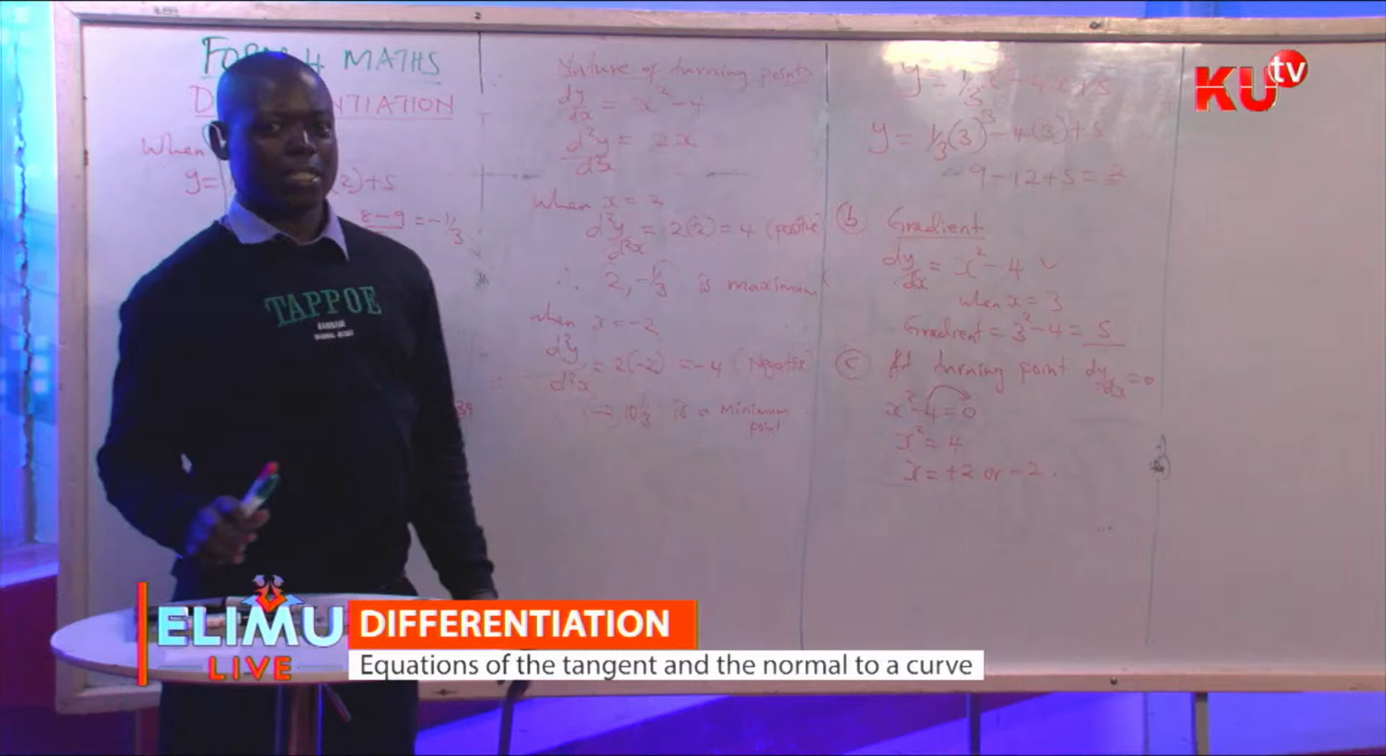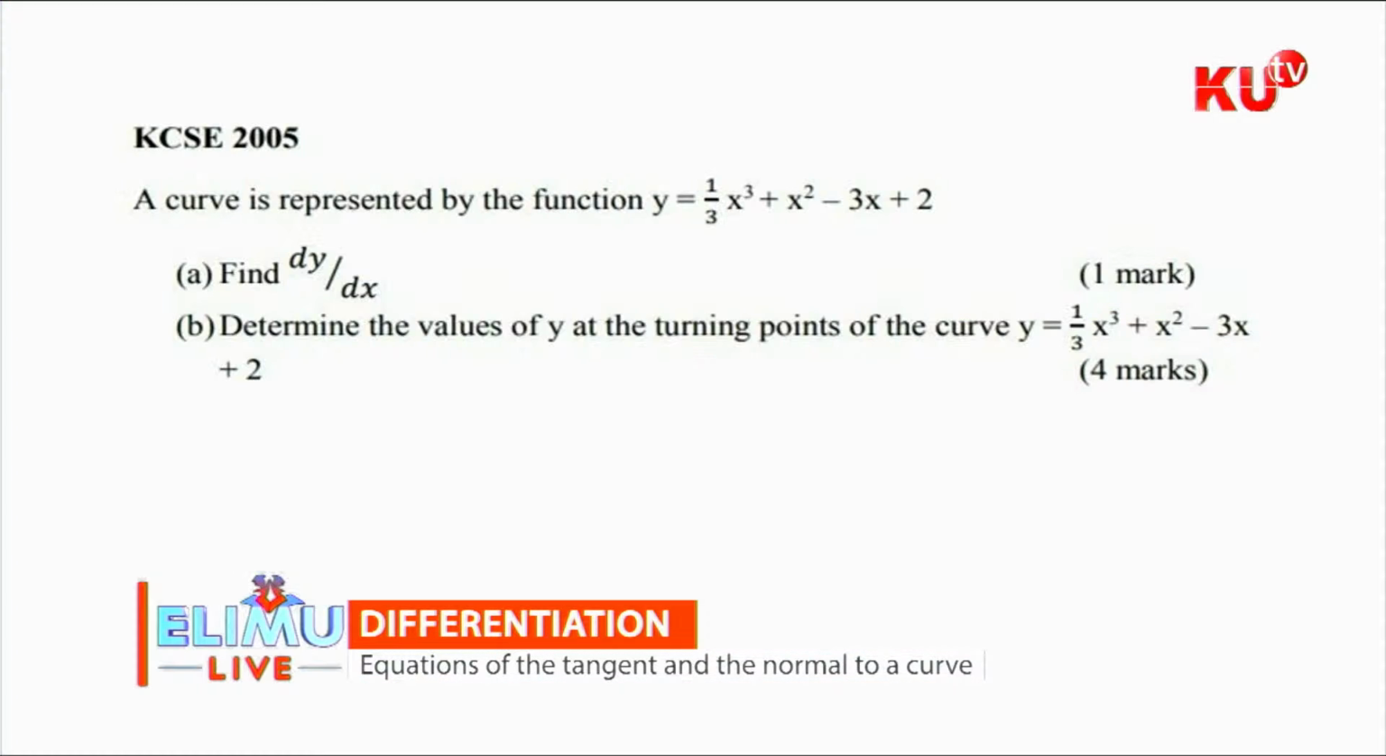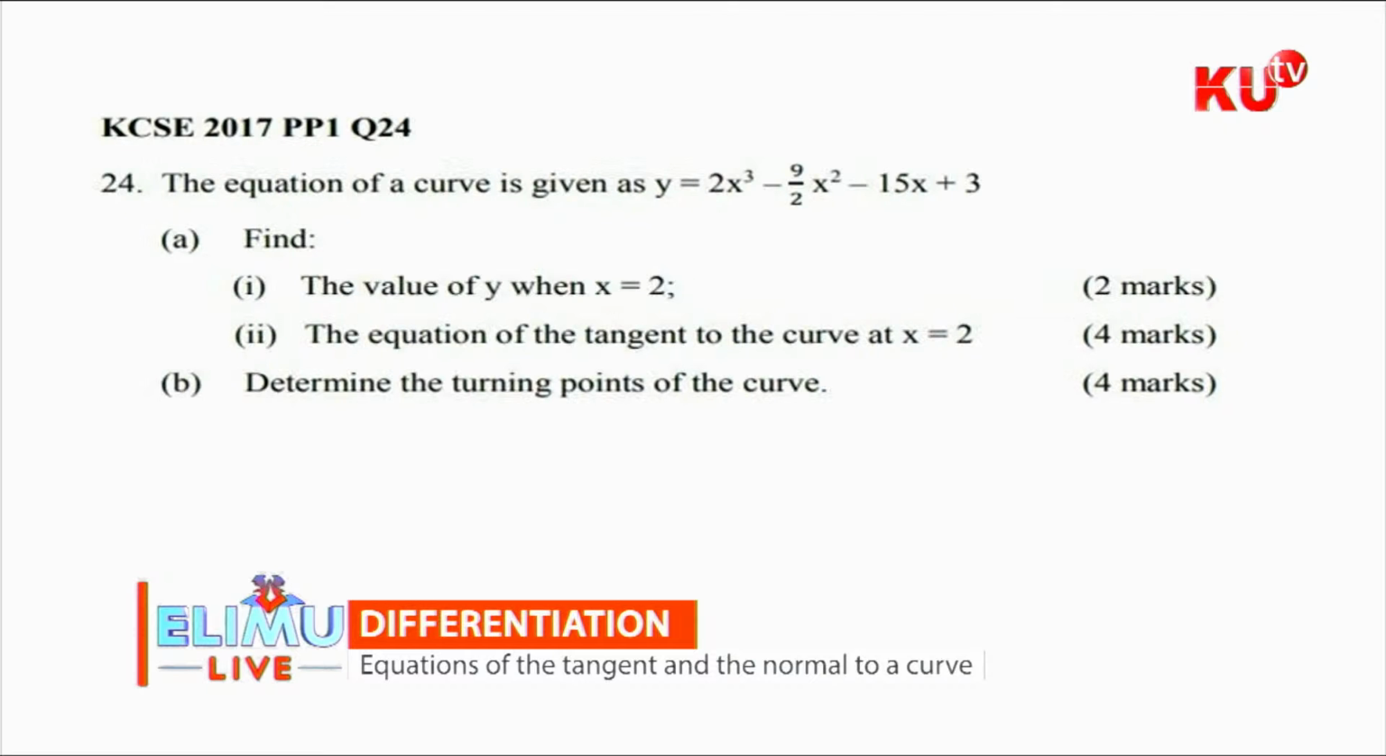So if we could have the last 2 questions now run on the screen as assignment for our students. Yes, so our assignment, students, will be the question from KCSE 2005. As you can see, the curve has that function, so you are asked to find the dy dx, and number 2, you are to find the value of y at the turning point. That will be your assignment. The second question, the next question, which will be your assignment, will be the one from KCSE